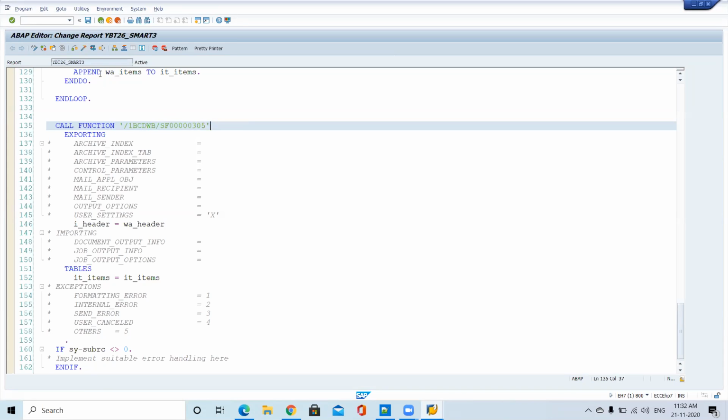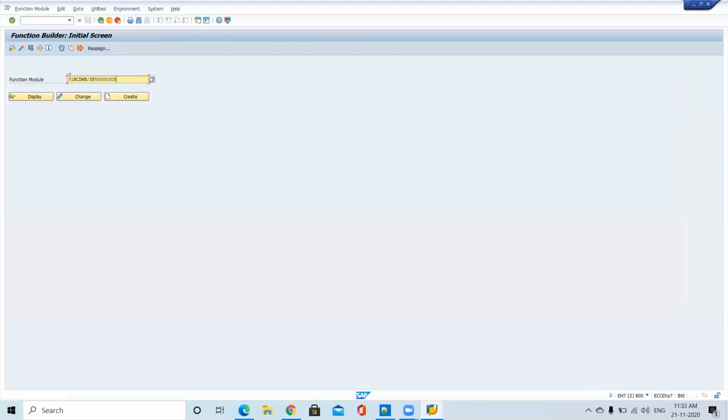But here it is working fine in the development system. After that, we move to the quality system. Then it suddenly gets dumped. Why? Because this function module is not available. So why are you calling this function module? It will go for a dump and create a problem. That means once you execute your smart form, it creates a function module. In the quality system, nobody is executing; we are testing directly. Then this function module is not there.